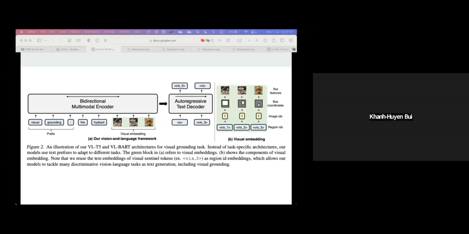So they use the caption region, like this visual token, for the grounded captioning task, which will indicate the model to generate a caption based on the specific visual region. Like here, they input this tree here. That is one representation of